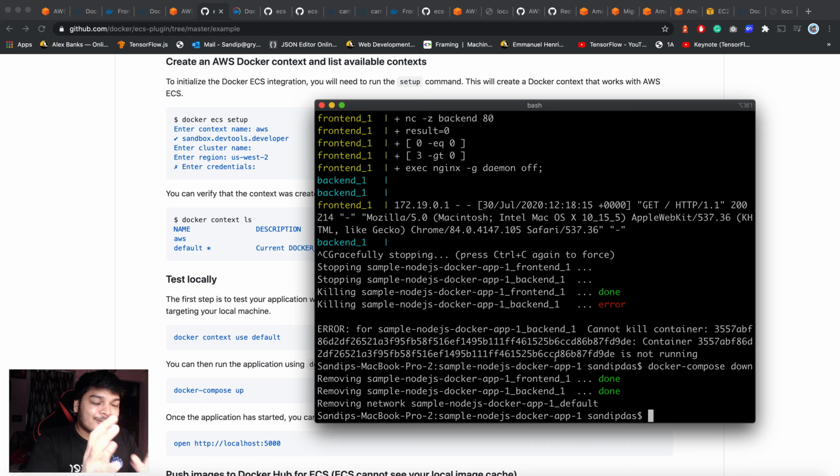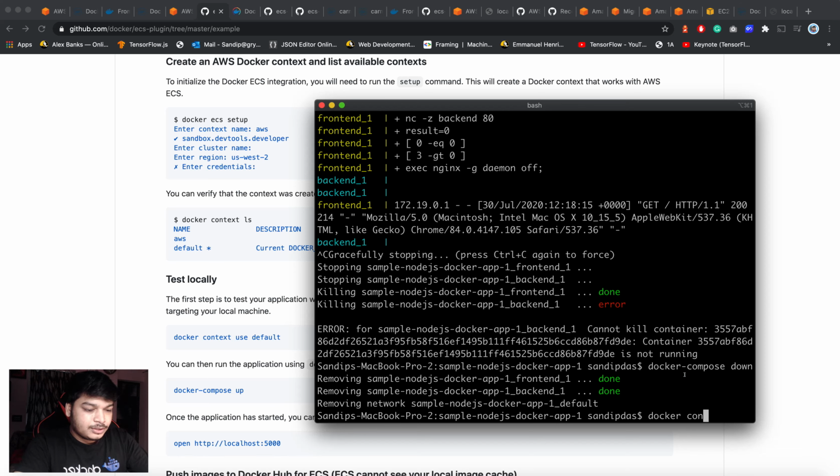Okay, see, the beauty is that behind the scenes, this ECS plugin will use a CloudFormation stack to create all the resources and do all kinds of complex stuff, so you don't have to do anything manually. I mean, the load balancer, the auto scaling group, and actually there is no auto scaling group because it's using Fargate. I said in the beginning you cannot use normal EC2-based clusters. The current implementation only supports Fargate. That's it.